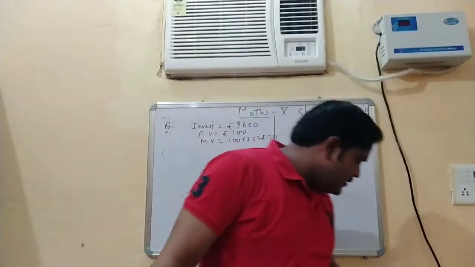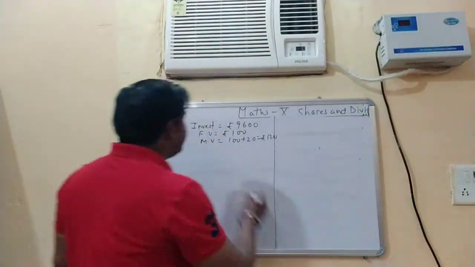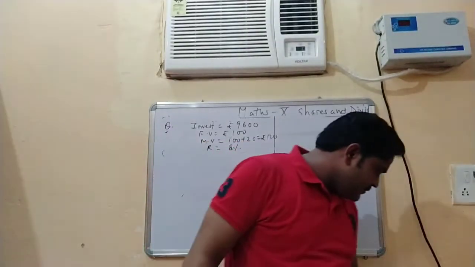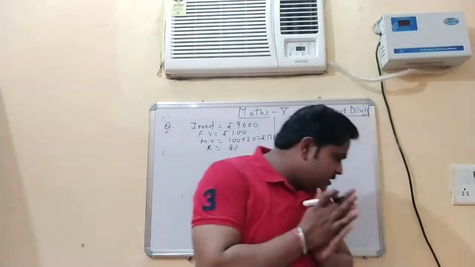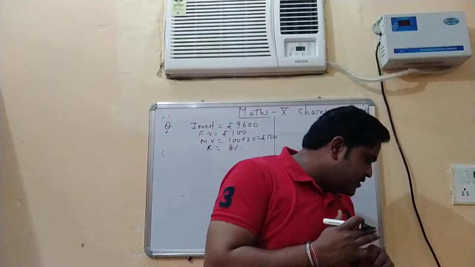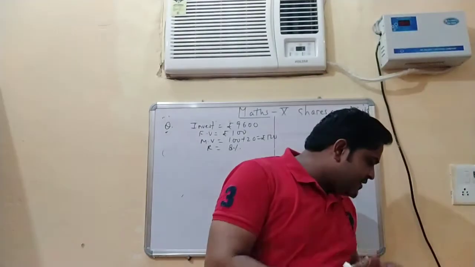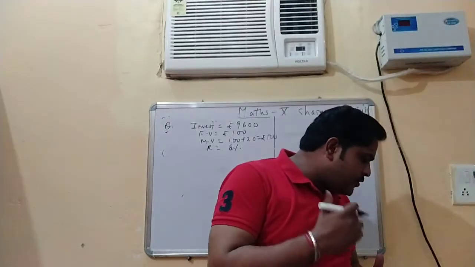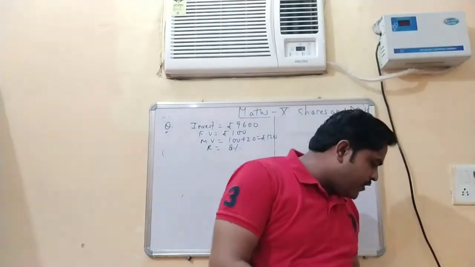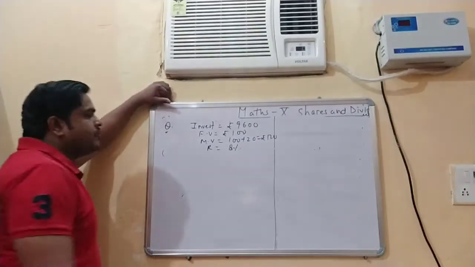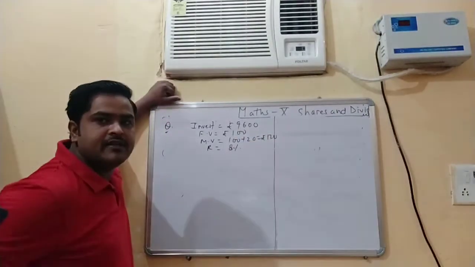Now what is given? The rate of dividend is 8%. Rohit sold shares when the price rises to 160. He invested the proceeds excluding the dividend in 10% rupees 50 shares at 40. So we have to solve three questions in this. First of all, we'll calculate the number of shares in this part.